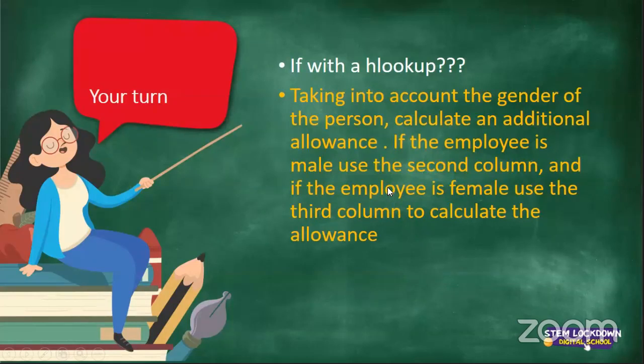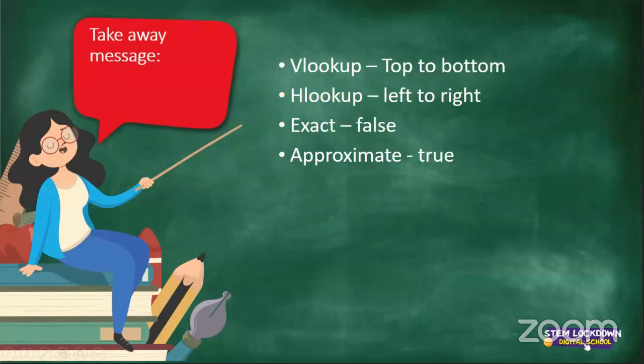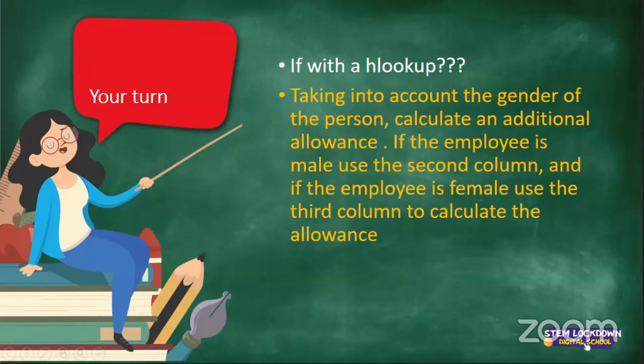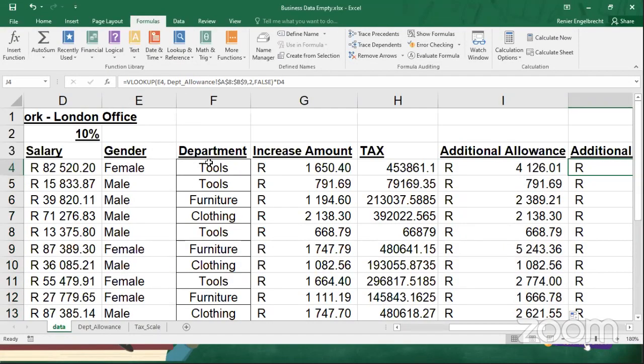I think what they're trying to do here is also, and I think this is the problem. Let me just go and see if I can change this slide here. Nope, I'm not really going to be able to do that. The gender of the person, calculate an additional allowance. Okay, so that we've done at this particular stage. If the employee is male, use the second column. If the employee is female, use the third column to calculate the allowance. I think what they're saying here or asking here is to work on the departments as well. So here, let's do that. So the question is,